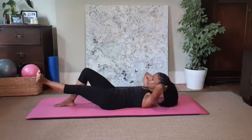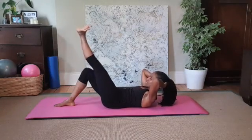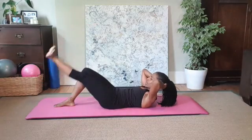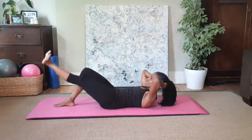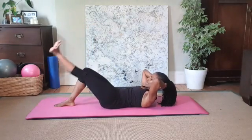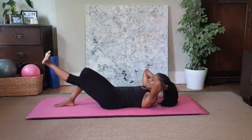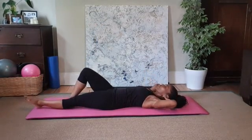Press and lower. Press that other leg into the mat. My other foot is active, my chest is lifted, my head is supported, reaching up. Let's go 4 more. And scoop the tummy flat. And 3, scoop the tummy flat. And scoop the tummy flat. Let's go 1 more here. Scoop the tummy flat. And lower that leg, beautiful, point that leg, release the head, neck and shoulders, feel those